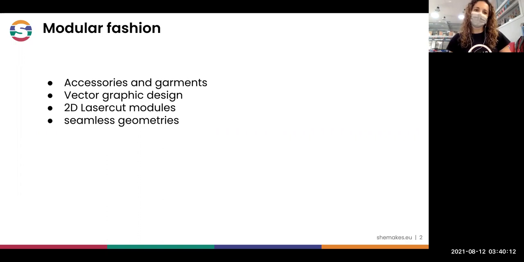And this workshop will let you make some garments, some accessories, some clothes, and you will need to design properly in digital design to make it accessible to a digital fabrication machine, because after designing the pieces that we are trying to design today, we can laser cut them, and then we can interlock them to make some geometries like 2D or 3D geometries.